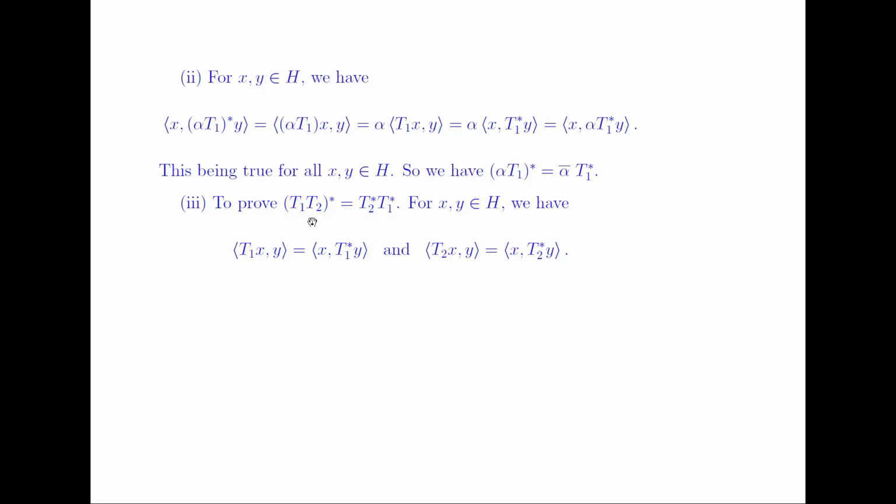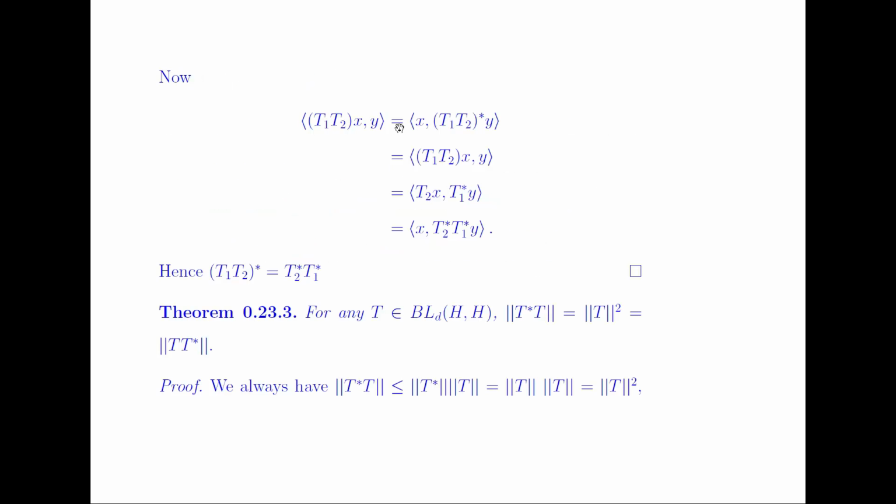Now we have to prove that (T1 T2) star is equal to T2 star T1 star. So again we consider the inner products of T1 x, y is equal to this, and the inner product of T2 x, y is equal to this. And consider the inner product of T1 T2 x comma y, which is equal to the inner product of x comma (T1 T2) star y,